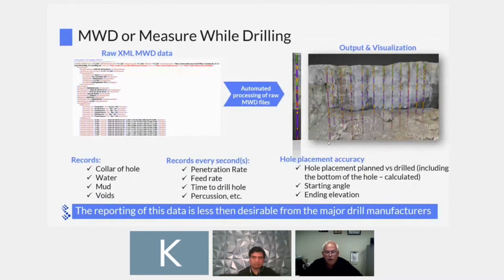Hole placement accuracy. You can also see, when you compare measure while drilling data, planned versus drilled hole placement, and the accuracy of it. You can also do what is termed bottom of hole navigation. If the driller cannot set up on the hole as it's designed, you can now set the drill to where it will drill to the bottom of the hole as it was designed, as opposed to it just drilling the same distance away. So it's really important, and the software processes all this information very well.